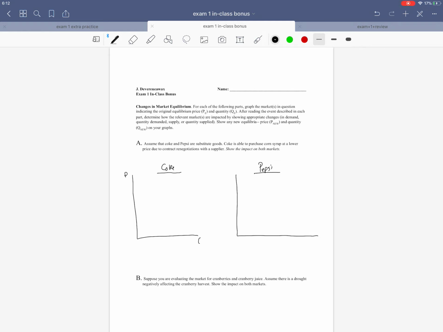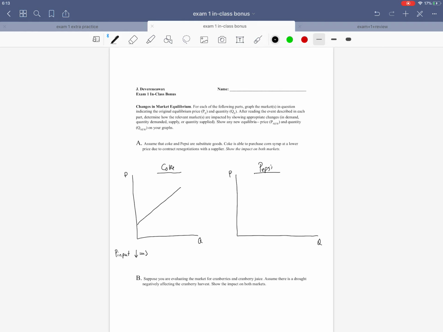Alright, so we have our price and our quantities. Price, quantity. So it says that Coke is able to purchase corn syrup at a lower price due to contract renegotiations with the supplier. So we know that corn syrup is going to be an input in the production of Coke. So as the price of an input goes down,